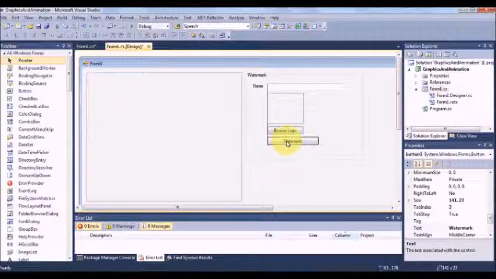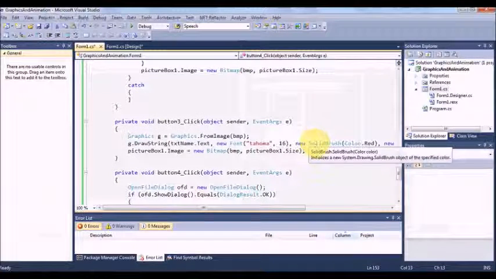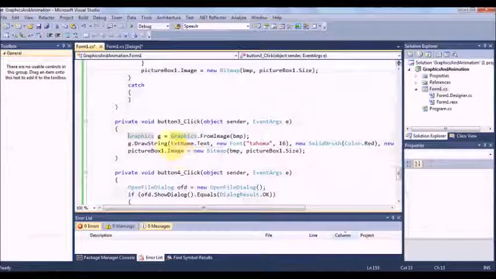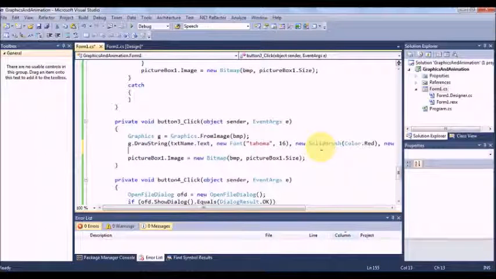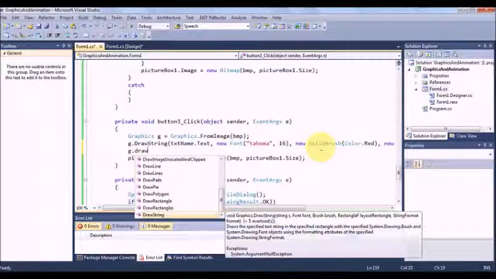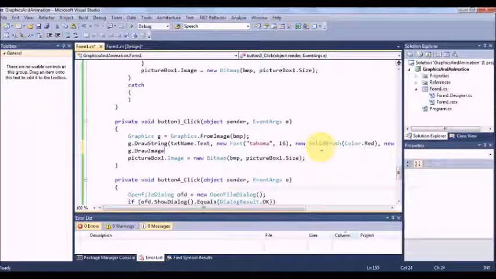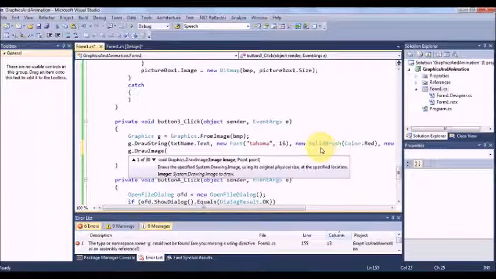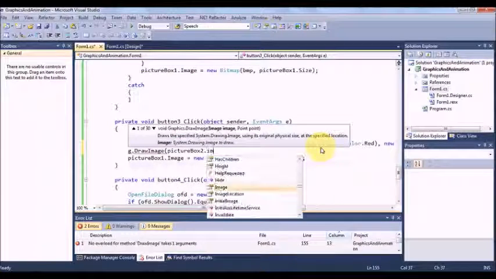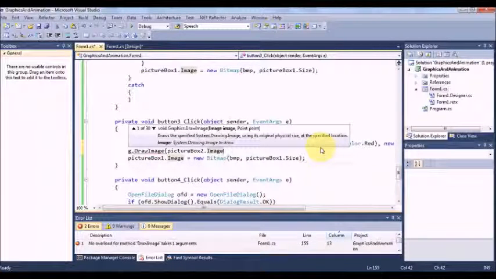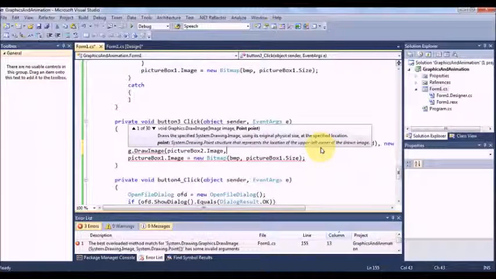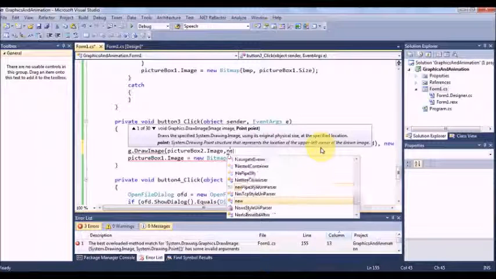At the time of creating the watermark, I have drawn a string. At the same time, G dot DrawImage. So graphics is now helping you to write in the bitmap. Which image do you want to draw? Picture box 2 dot image. At which point, say new point,